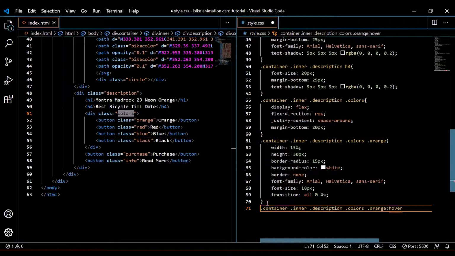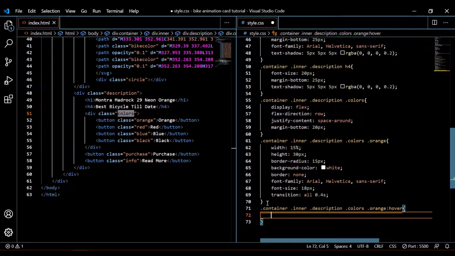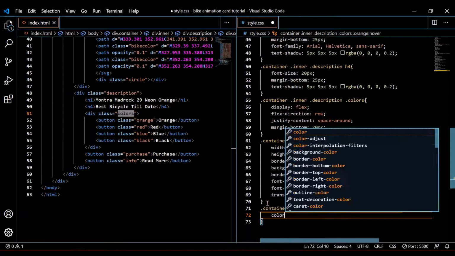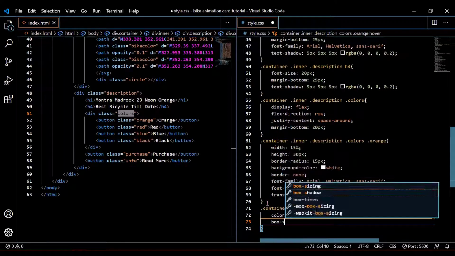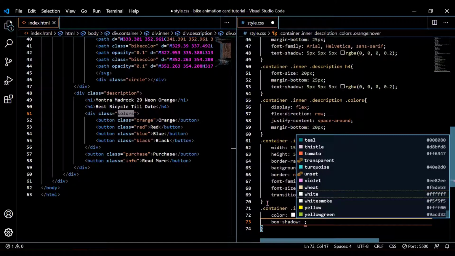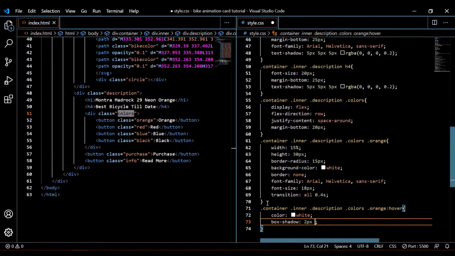When we hover on that button, there should be a background color and a box shadow, and also the color of the text will be changed. So first change the color to white and add the box shadow. The box shadow should be 2 pixel, 5 pixel, 5 pixel, and the same RGBA color.